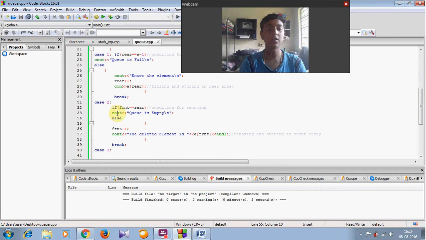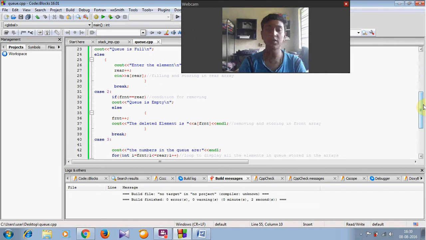For the second case, that is delete. To delete an element from the queue, we have to check whether the queue is empty or not. For this I use the condition: if front is equal to rear.